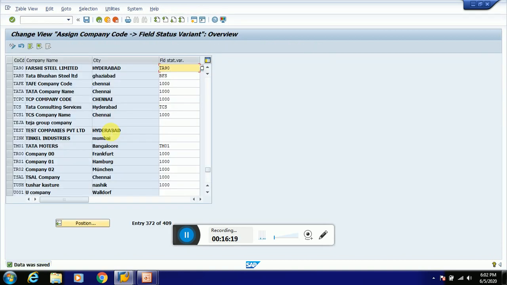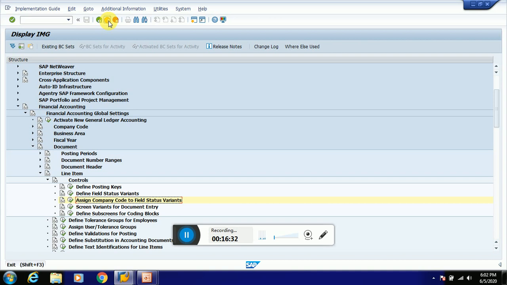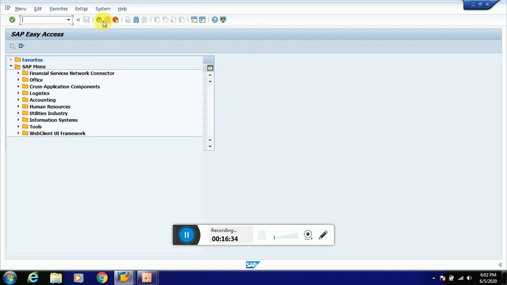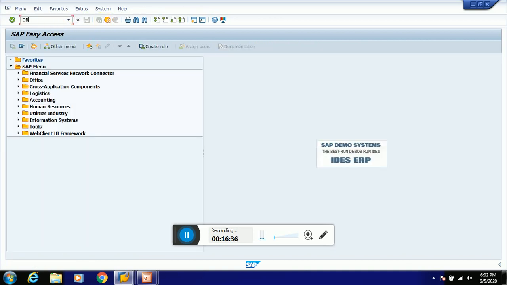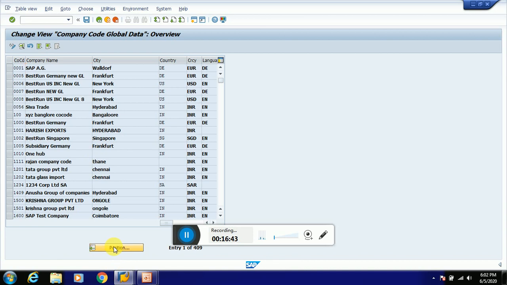Click on save. Now we have defined all the minimum configuration settings which are useful for the creation of GL master data. We can also check that setting under the global settings. The T code for the same is OBY6. Click on position.